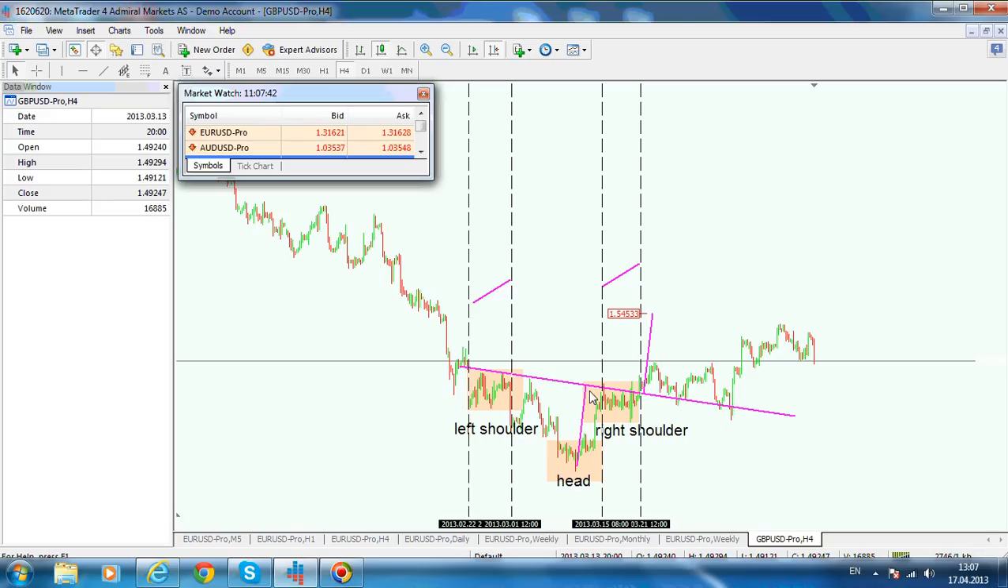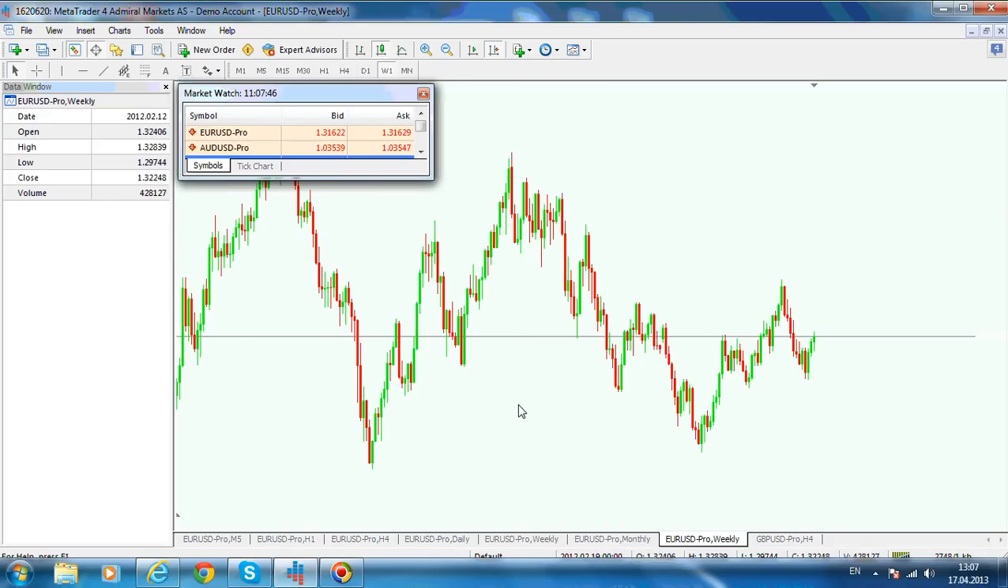on the Great Britain pound US dollar, but I also have here a euro dollar weekly chart, which is quite actual, and I posted such an analysis also on the website, so you might check to see how I did the drawings. But this one in here might be an inverse head and shoulder as well, with, take a look in here, this being the left shoulder,